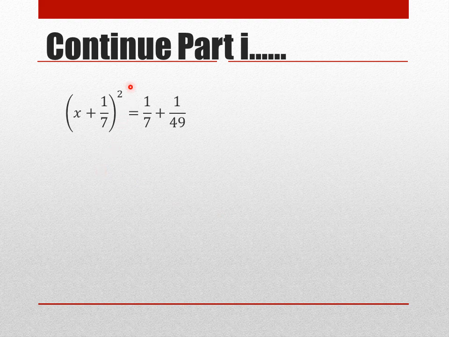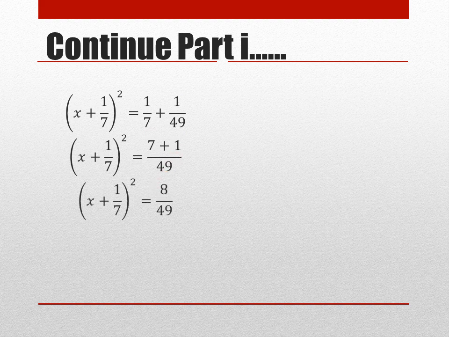Now we have closed the formula a square plus 2ab plus b square and the answer is x plus 1 over 7 whole square equals 1 over 7, and 1 by 7 whole square has now been opened to 1 over 49. We will take the LCM of the right side. The LCM would be 49 obviously because 49 is a multiple of 7. We will multiply this side by 7, because 7 times 49, so 7 times 1 is 7, and 1 will remain the same. Adding the two terms, we will get 8 by 49.